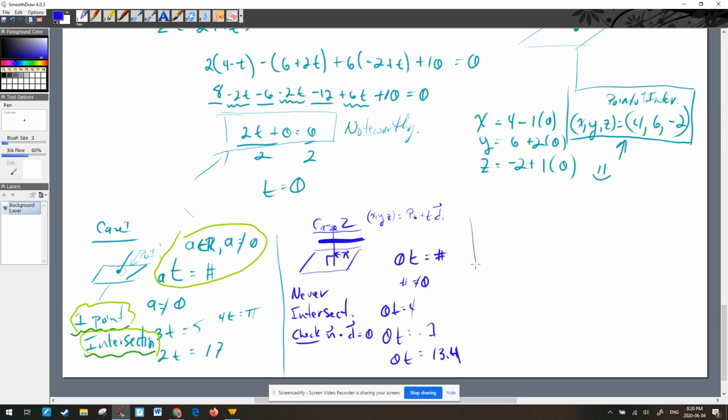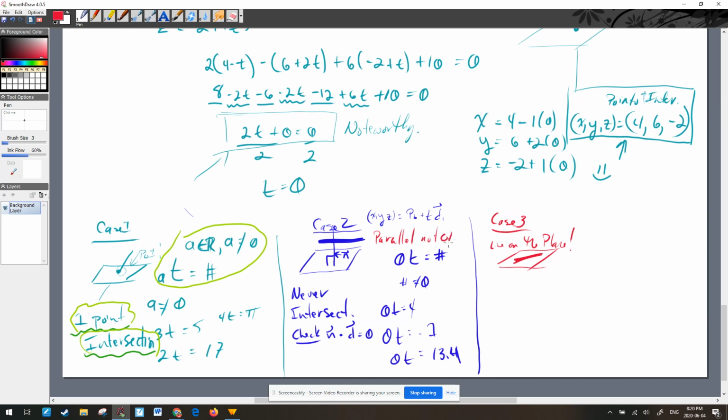Case 3, maybe I kind of gave it away with what I was talking about there. Case 3 is going to be a plane, and the line is going to be on the plane. So the line is on the plane, which means it's parallel as well, right? It's parallel to the plane because it's on the plane. So this one is parallel,